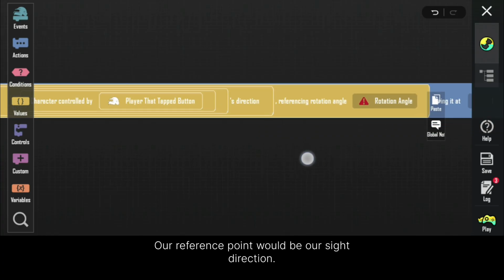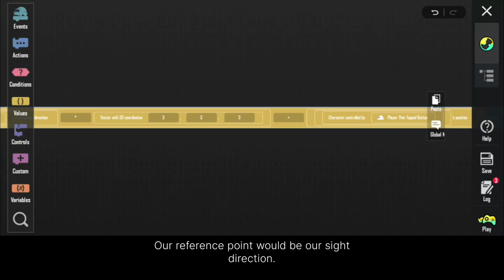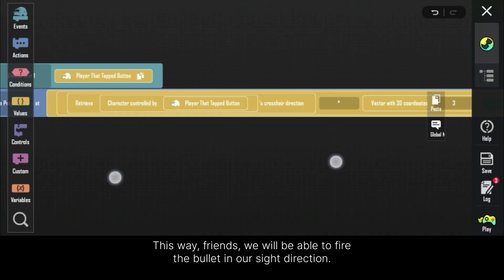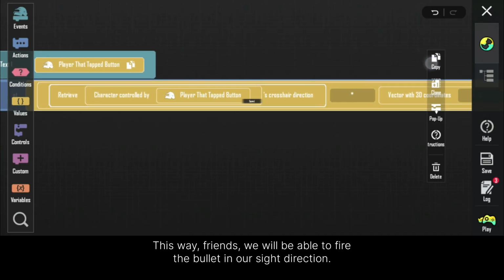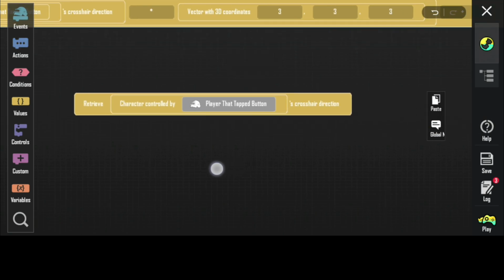Our reference point would be our sight direction. This way, we will be able to fire the bullet in our sight.